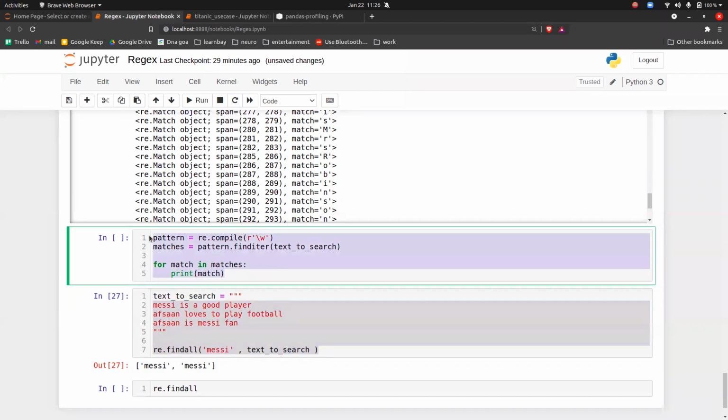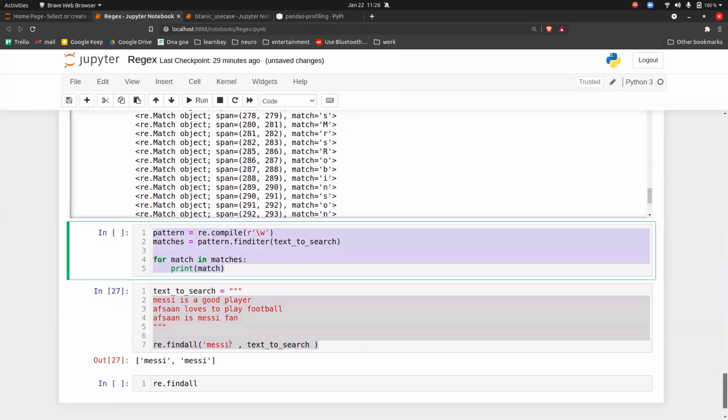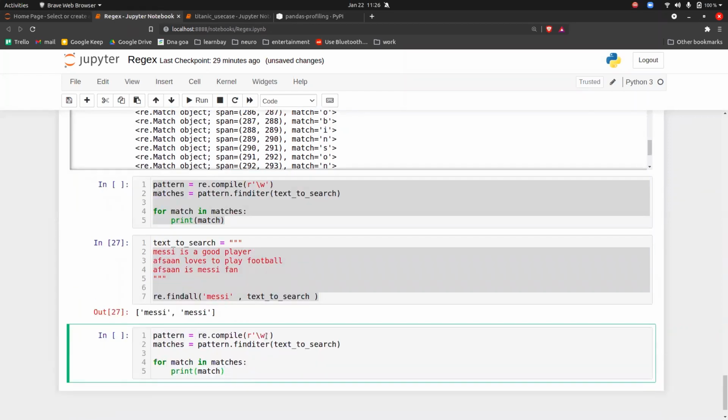Okay. So now what I was saying, yeah. Let's say if I do capital W here, can anyone tell me what all things will be extracted? Not a word character. So basically everything which is not small a to z, capital A to Z, 0 to 9 and underscore, all of that will be extracted.